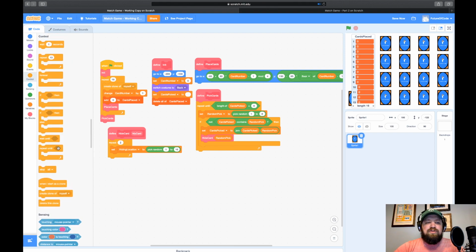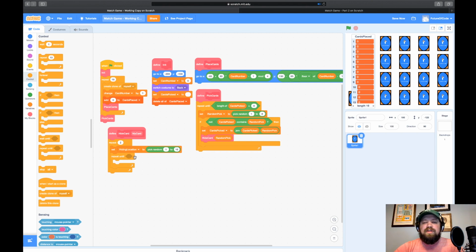And this is where we're going to use repeat until. So let's take a repeat until block and we're going to drop it right inside our repeat 2, but below our set hiding location to pick random between 1 and 16. And now we're going to check in this repeat until.